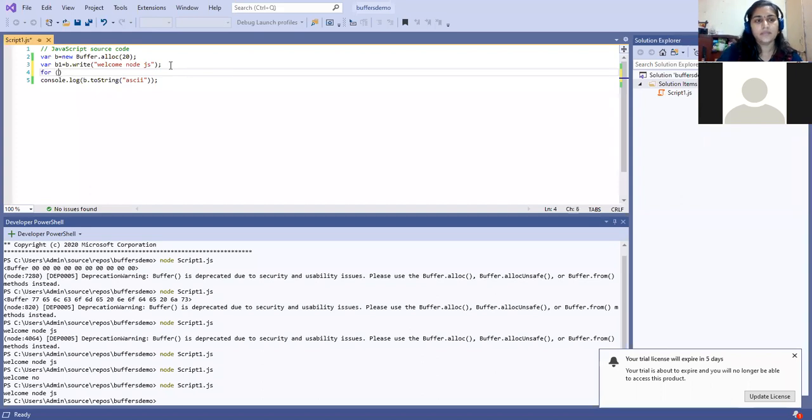Suppose I declare any variable, as I told you in the last lecture, you can simply use the normal for loop which we used in other languages. So I'm just creating the variable with var i equal to 0, i less than whatever the number, you can hard code it, or buffer dot length is one function. So I'll simply use b dot length for computing the length. b dot length is the function.